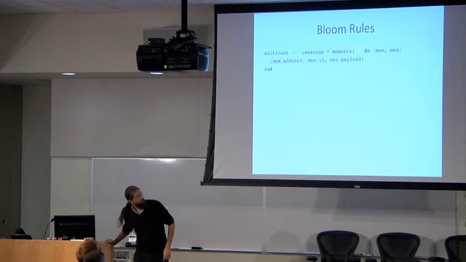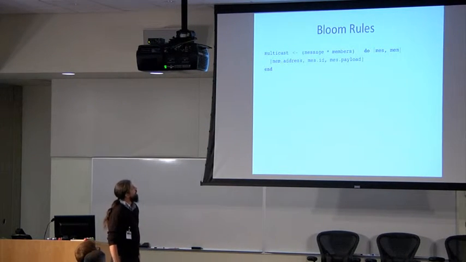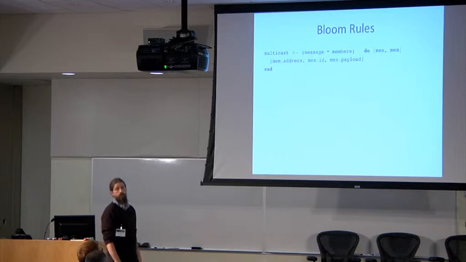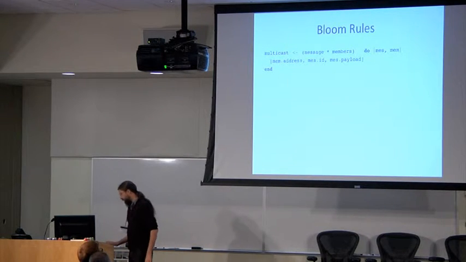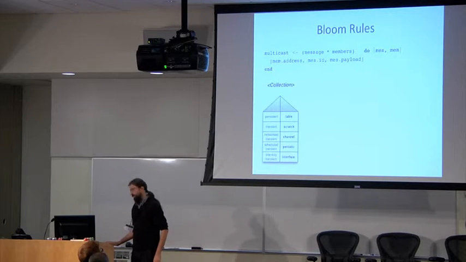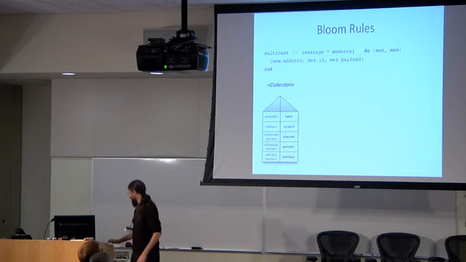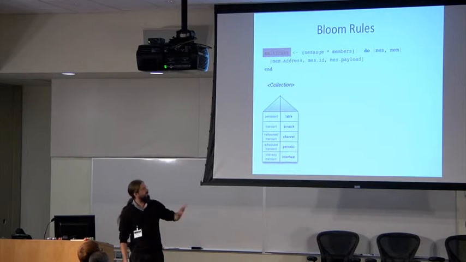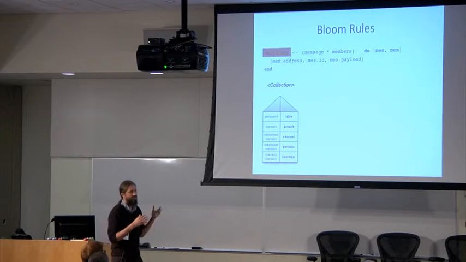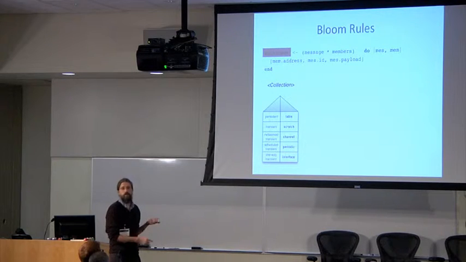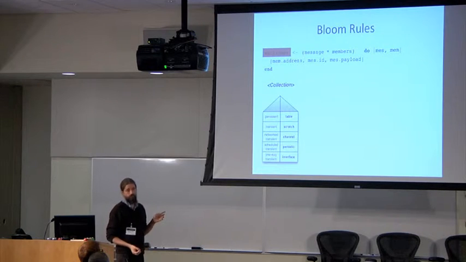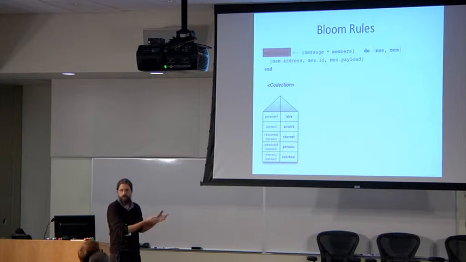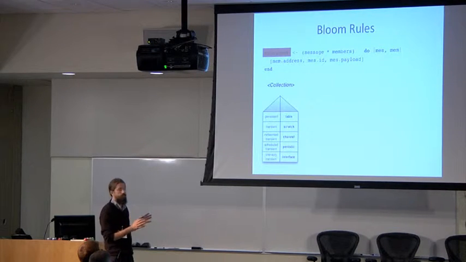Now here is a Bloom rule that defines multicast as the join of a collection of messages and a collection of group members. All Bloom rules have this form, in which there's a left-hand side in which we define a collection. Now, there's a bunch of different collection types. I'm not going to go into too much detail here, but at a high level, a collection might be a persistent collection like a table in a database, where if we put things in it, they stay there till we explicitly take them out. Or it might be a transient relation like a view. We put things there and they stick around for the fixed point computation, and then they disappear. It's an intermediate temporary variable.